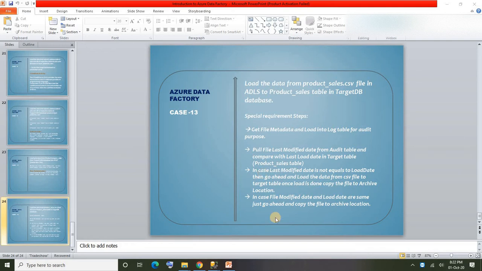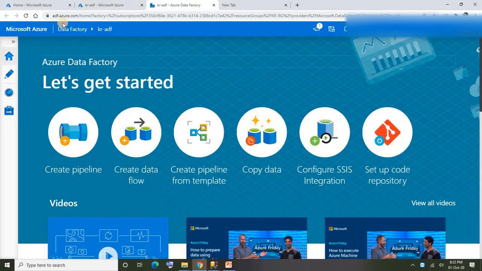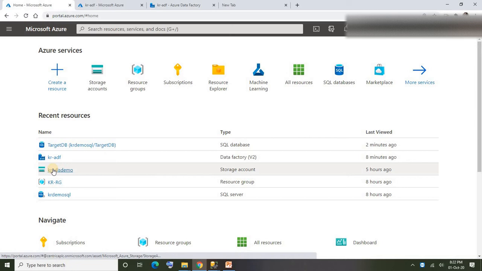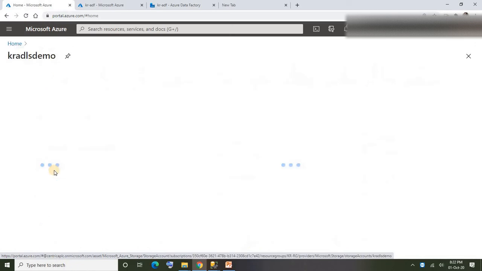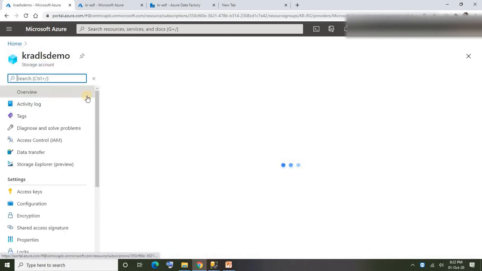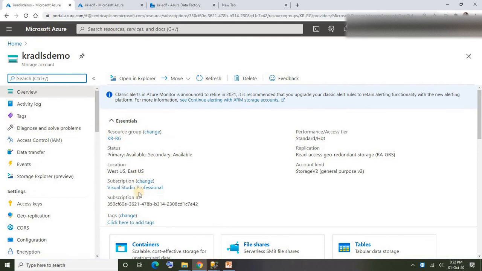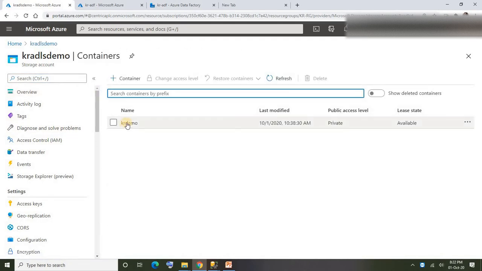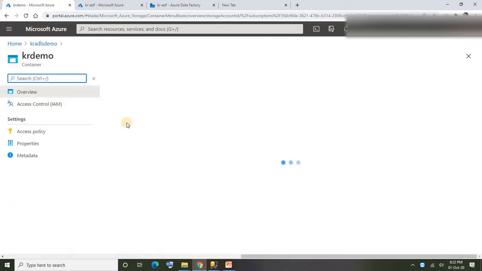Let's see how we develop the pipeline to have this complete requirement done. Alright, before going ahead and developing the pipeline, first let me take you guys into Azure portal, which I already logged in. Under Azure portal, let me take you into Azure Data Lake Storage account. This is the Azure Data Lake Storage account which is already created. Under that account, go to containers. Under containers, I have got OKR demo container. Within that, I have got